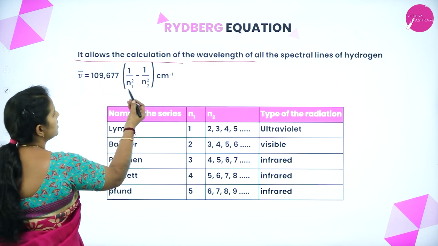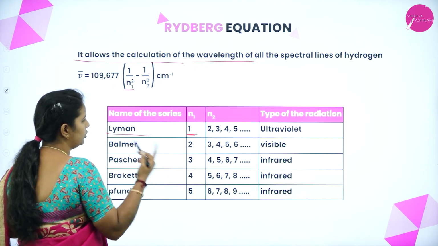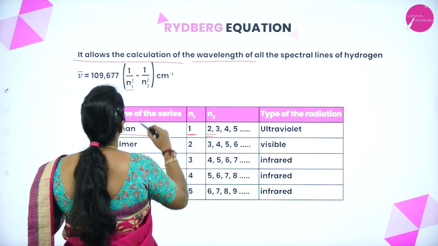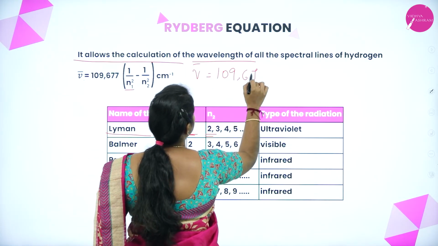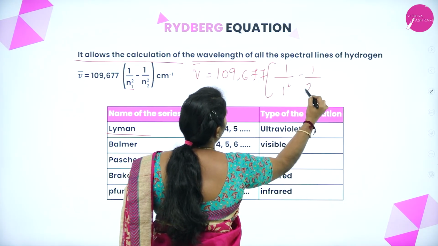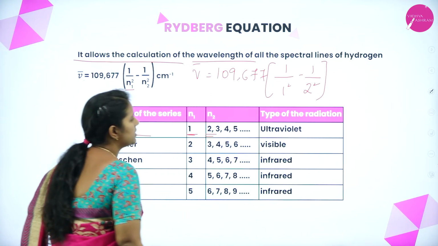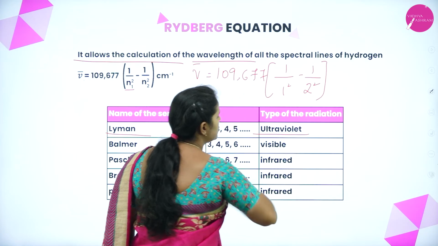If you put in the values of n, suppose in the Lyman series we understood that n1 is equal to 1 and n2 will be 2. So v bar is equal to 109677 into (1 divided by 1 square minus 1 divided by 2 square). If you subtract these two, you will get the answer